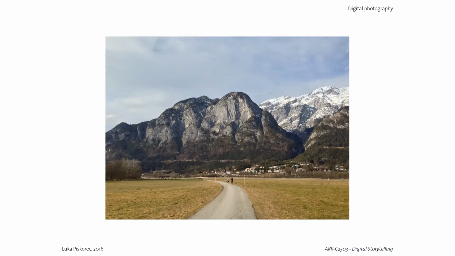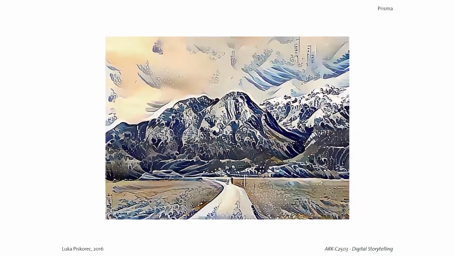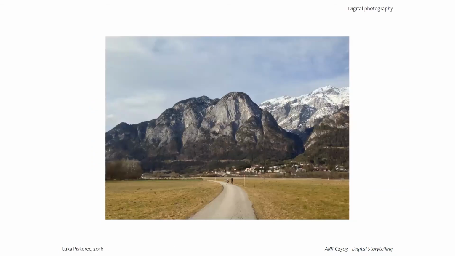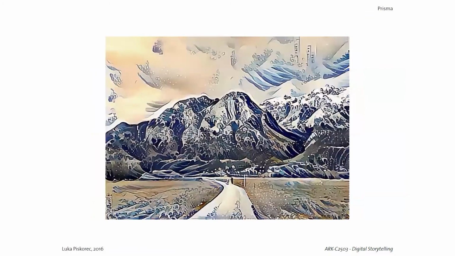So this is, for example, an image from Tyrol, a mountainscape, and then we have an example image, the style that we want to copy, which is the Great Wave of Kanagawa from Hokusai. And then we are applying the style of that painting onto the photograph that we have. This is the original photograph, this is the style that we want, and the network is trying to apply the style to